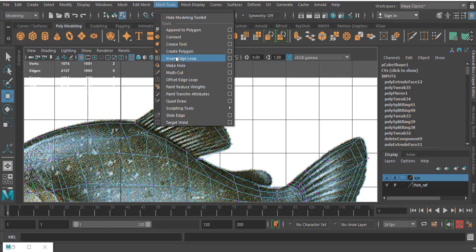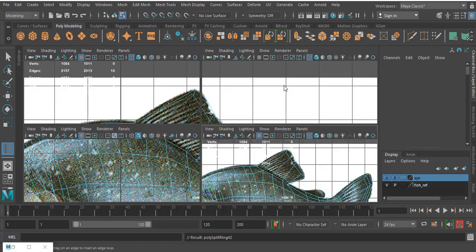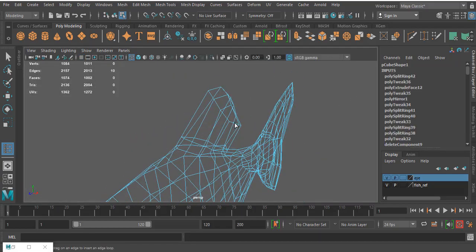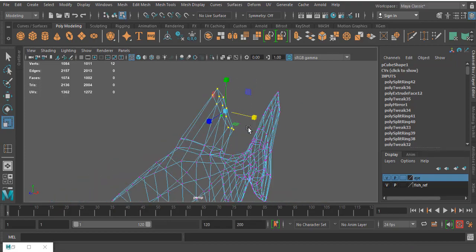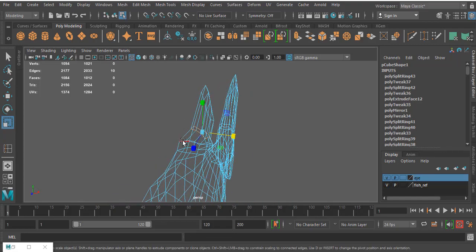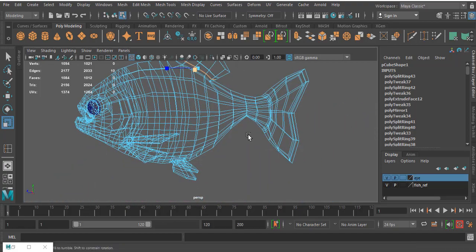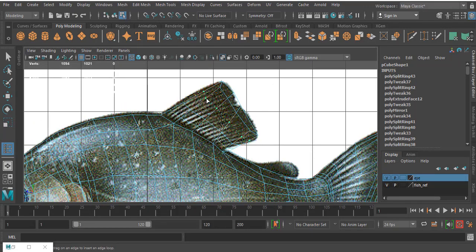So I'm going to insert loops over here. I'll select these top vertices, scale it. Right, you can scale it. One more loop here. Just scale it. Okay, now what I'm going to do is here one more.